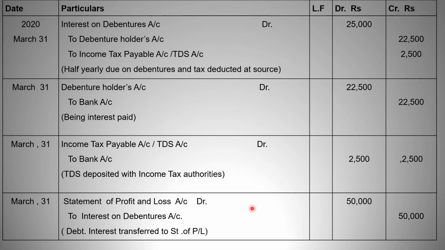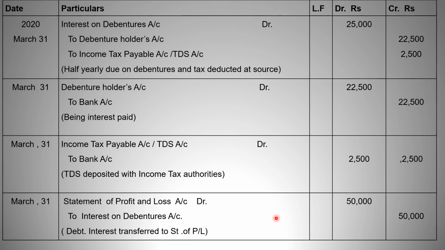We have the idea from partnership chapter also, that is fundamental of partnership. There is a difference between charge against profit and appropriation of profit. The same concept we are using here. So ultimately, interest on debenture is a charge against profit, must have to transfer to our statement of profit and loss, that is in the books of the company. So this is all about the topic interest on debenture.